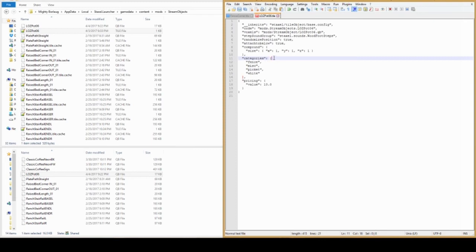Now, the next thing we have is categories, and categories is very simple. For the one that we had beforehand, it was a fence. It was also a miscellaneous object. It was a picket object. It was also described as white. So for those fence pieces, those are all descriptors that you would use to search the object up and find it. Now what's great about this is that really you just put whatever it is you need here. So I have a blue pot. That is also a jar. That is also white. And if you use any of those 4 terms to search up my object in the honeycomb store, you're going